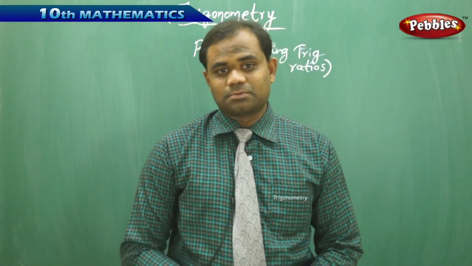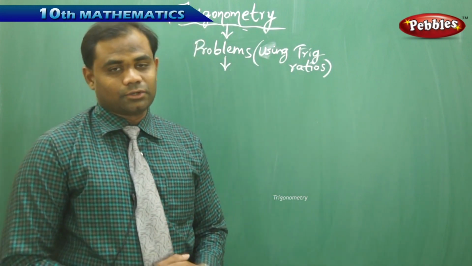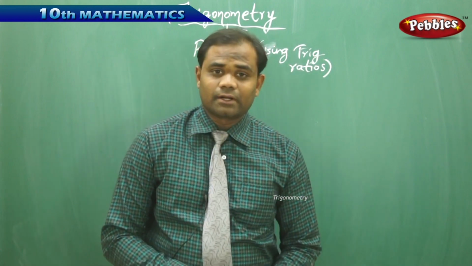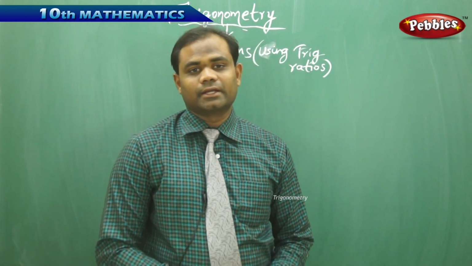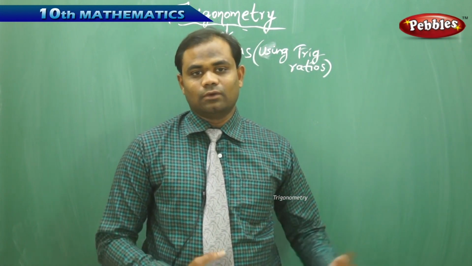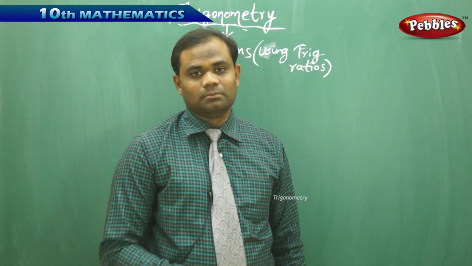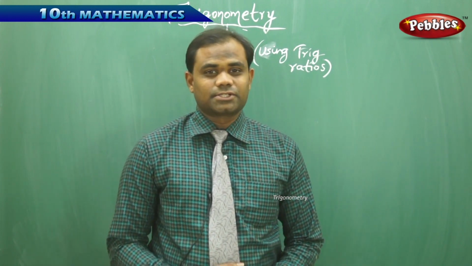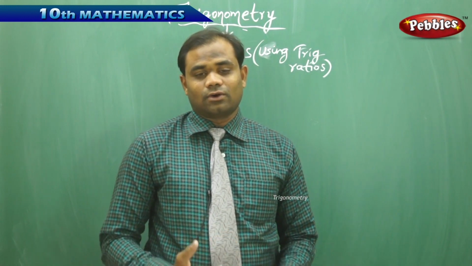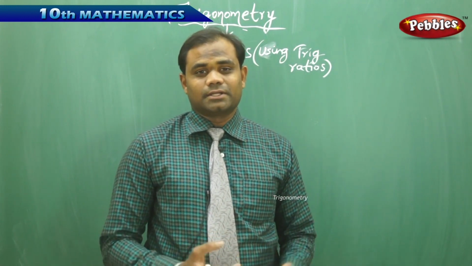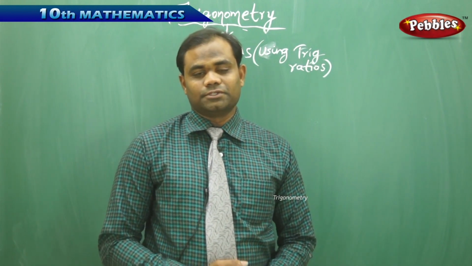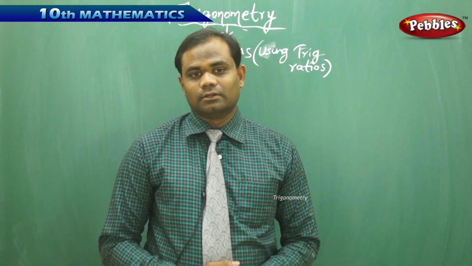Now let's see some practice problems on connecting the trigonometric ratios with the right angled triangle. That is, I give a right angled triangle, and using it, we need to find the trigonometric ratios. Let's see how we can do that. Before doing the problem, let's identify that there are 6 trigonometric ratios which we have discussed in the session: sine theta, cos theta, tan theta, cosecant theta, secant theta, and cot theta. These are the ones we are going to find using the given problem.